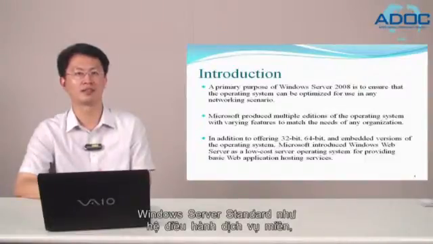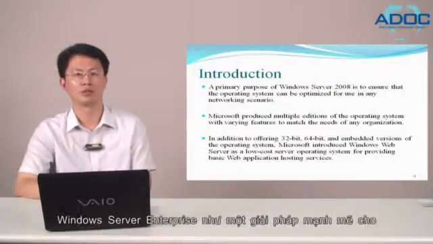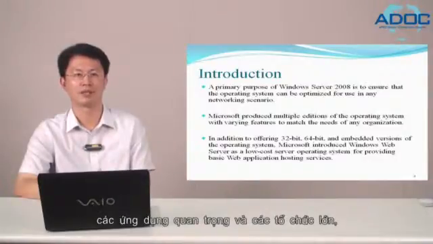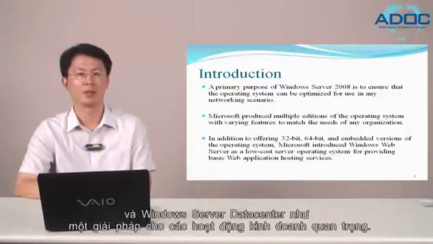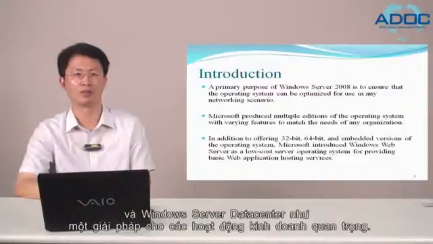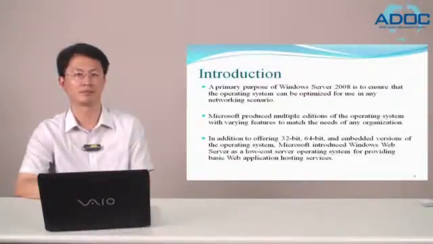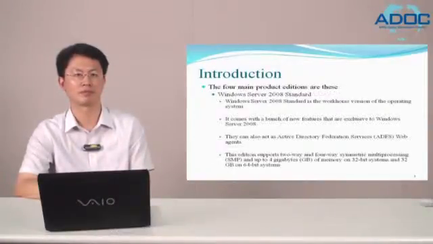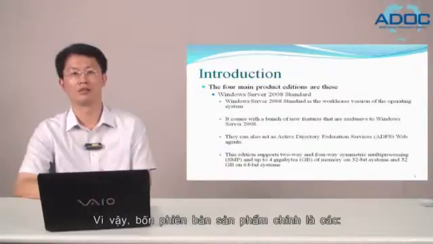Windows Server Standard as the domain service operating system, Windows Server Enterprise as the robust solution for essential applications and large organizations, and Windows Server Data Center as the solution for critical business operations. Thus, the four main product editions are these: